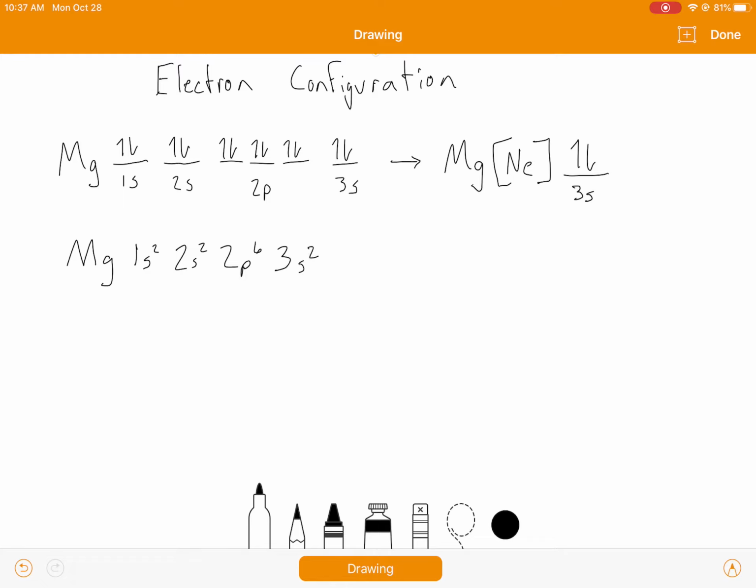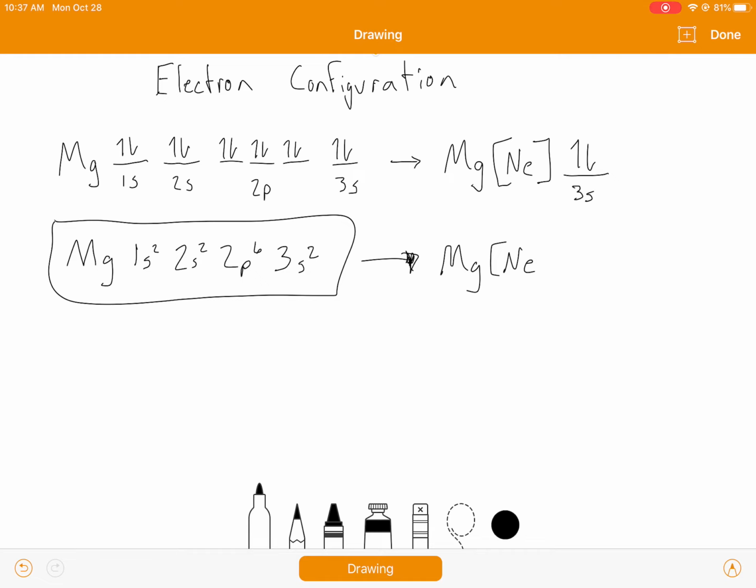Notice we still go in the same order, it's still the same filling order, but we're just putting numbers, we're not drawing the ups and downs. The ups and downs are important, however, when we're doing large configurations, or we don't really care about the ups and downs, this way is obviously a lot easier. Now, the noble gas notation is obviously going to be the same, so magnesium would be everything neon was plus 3s2, so you're allowed to do that. Hopefully that kind of helps clear up any confusion that there might have been, and